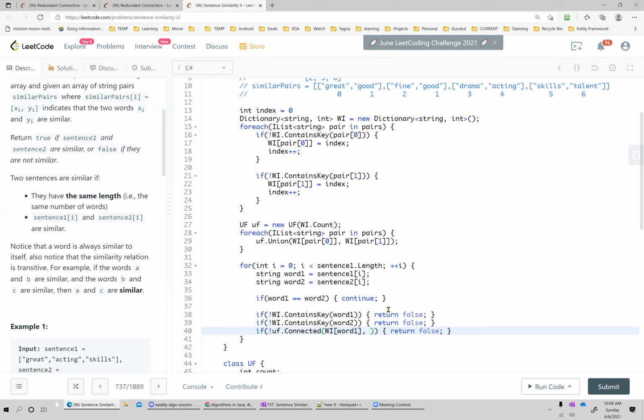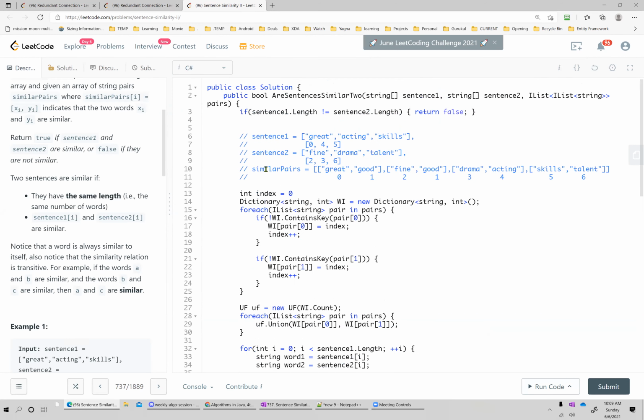And here I am passing the index of my word, right? So if both words are similar, just continue. If word one is not in the dictionary, or word two is not in the dictionary, that means we haven't seen that word. This is a new word.